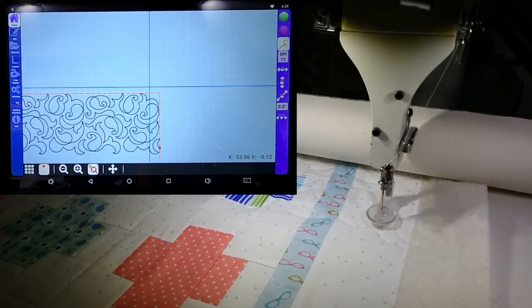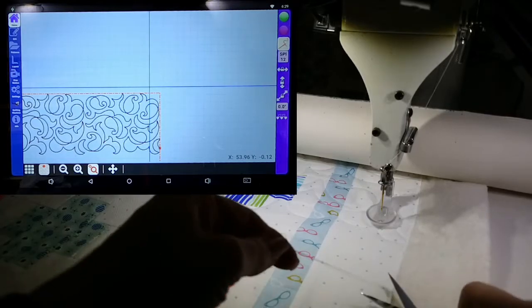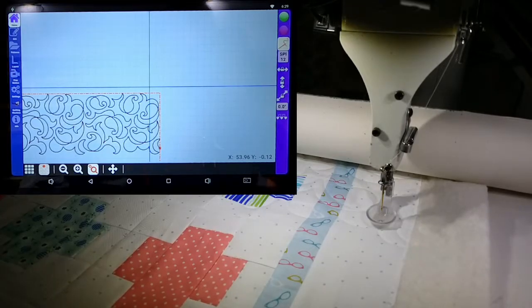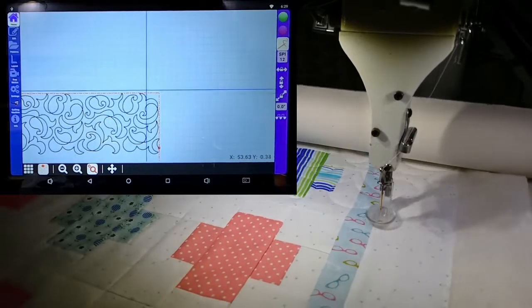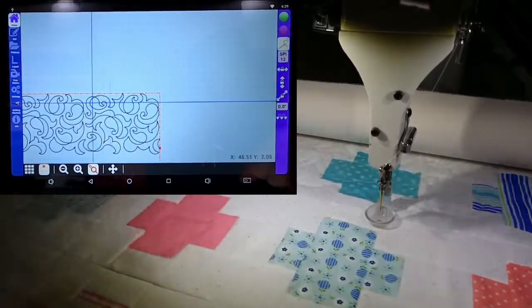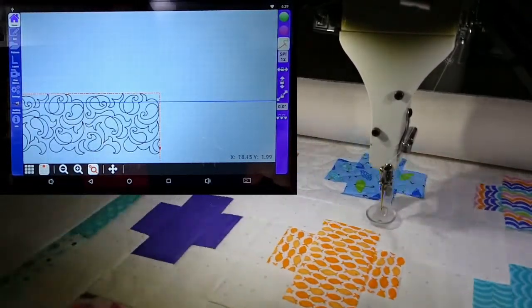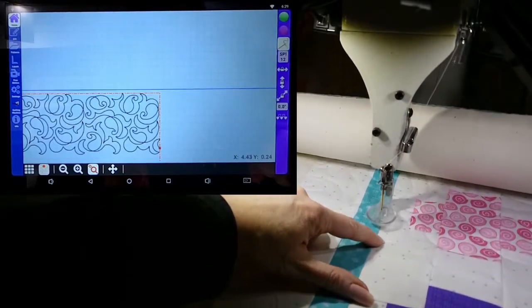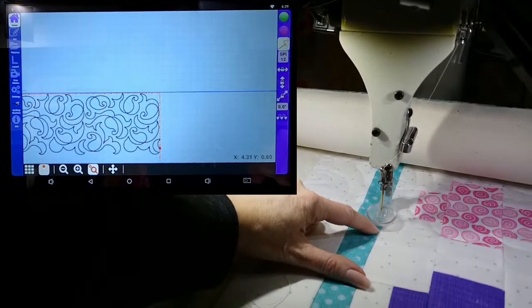So if we were doing a pattern like diagonal plaid or clamshells or anything like that, we can make sure that we're lined up correctly so that it doesn't have weird spacing on either side. And then I can do the clamp on this side. And then we'll do the same thing over here. So we'll come over, find a specific point. There's a little point here on this